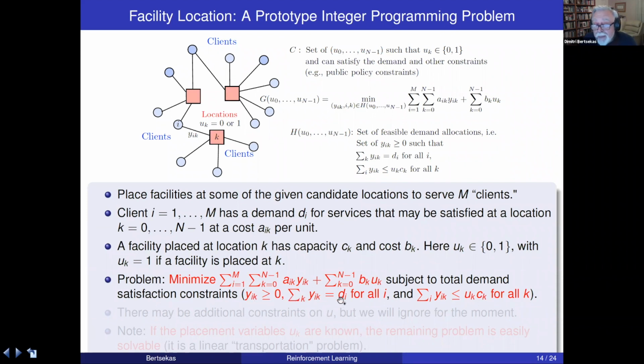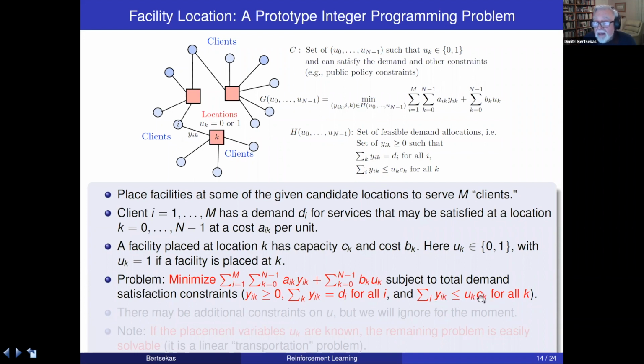They should add up to the demand of client I. So for every client, the portion that it allocates to the various facilities should add up to the total demand DI. So we have this constraint, this constraint, this constraint here, and also the constraint that